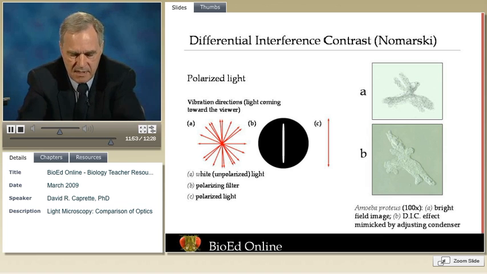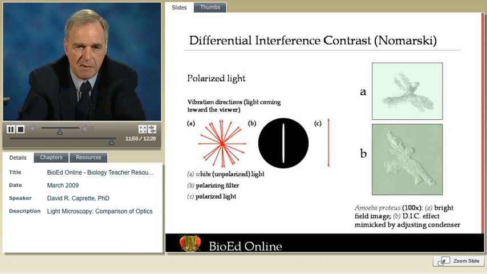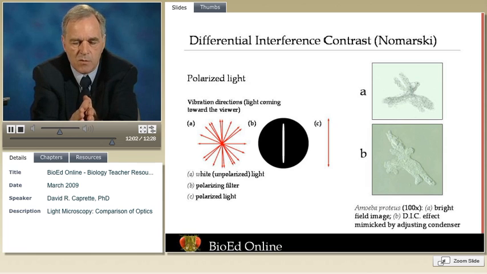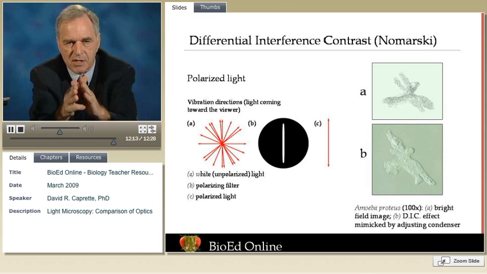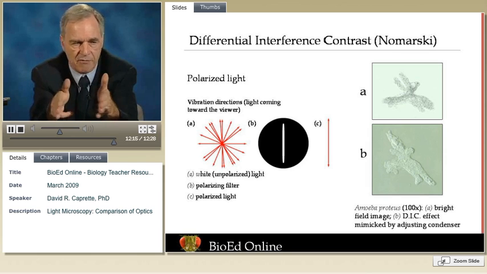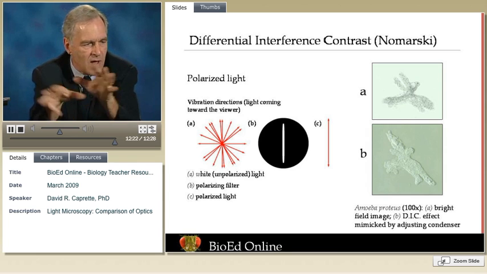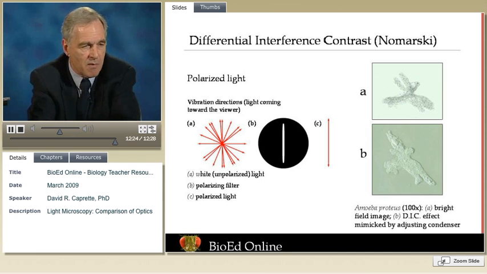What we do with differential interference contrast is polarize the light coming up to the specimen, and polarize light from going through a couple of different filters. It follows two slightly offset paths, so that when it's recombined, we get slightly offset images, which give us a three-dimensional view. The filters, the polarizers, and the whole optical package for DIC or Nomarski